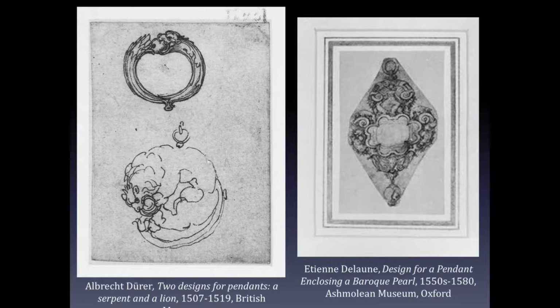So these artists were actually creating these. Today we consider this a kind of minor art, but it was not actually. It was tackled by major artists as well, and some of them even created